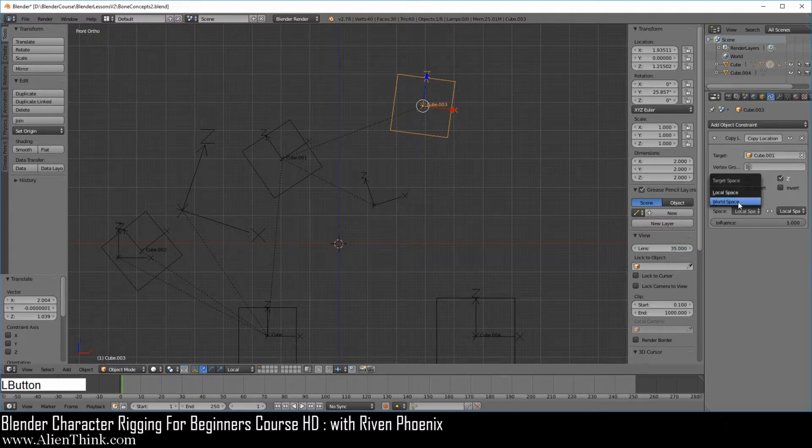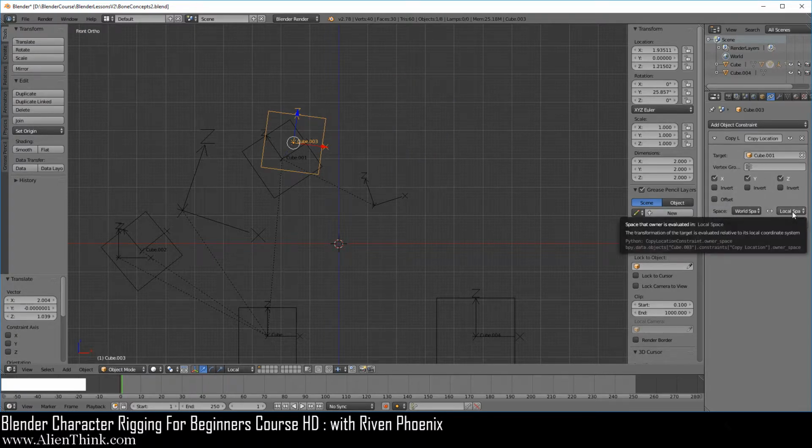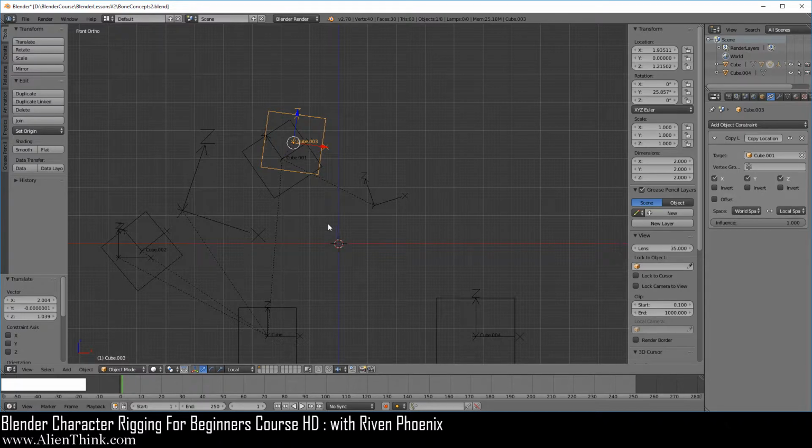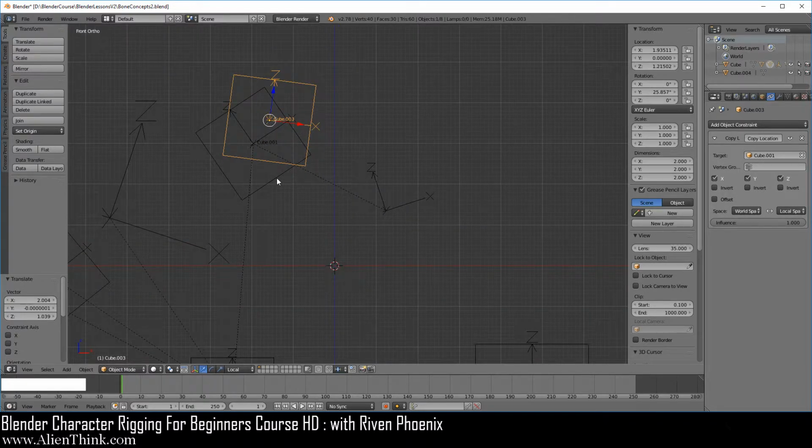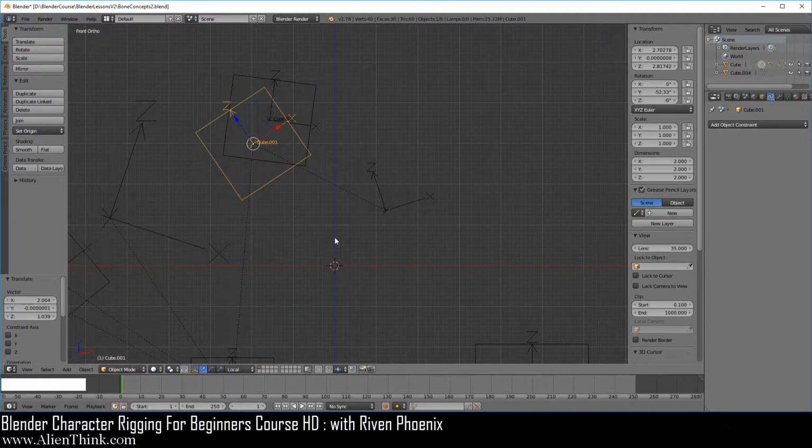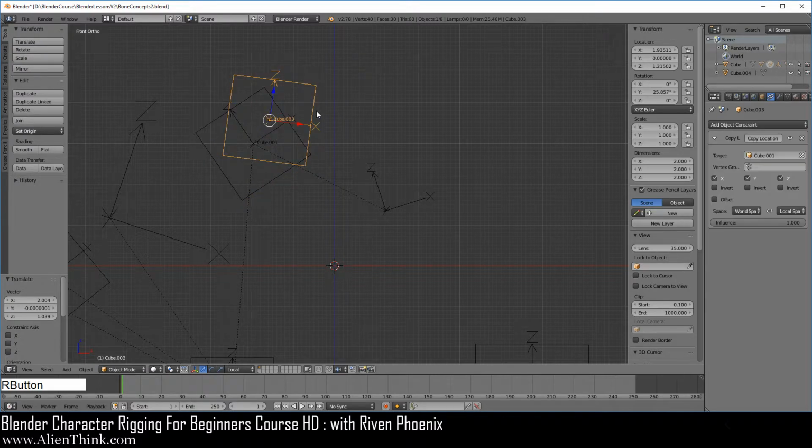So of course, if we do this in world space over here and keep this at local, you'll notice that over here, this object is showing that it's on the left side of the Z and X-axis. So this object, what it's doing is basically using this Z and X-axis and putting it exactly on its side. Okay,